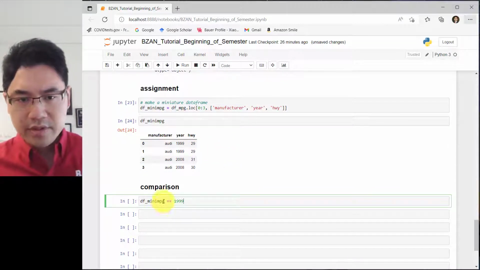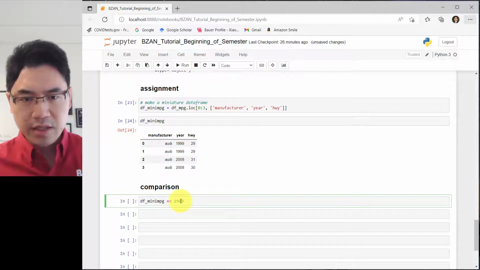So when I compare df_mini_mpg to 1999, which is a scalar or an integer, Python is going to compare each cell of each column, basically each element of the data frame, to 1999, and return another data frame with the same structure, same number of rows and columns, same headers and same row indexes, with the values of the data frame replaced with true or false of the